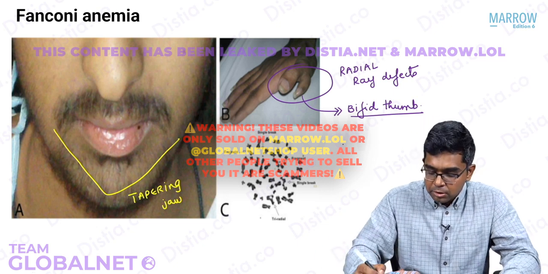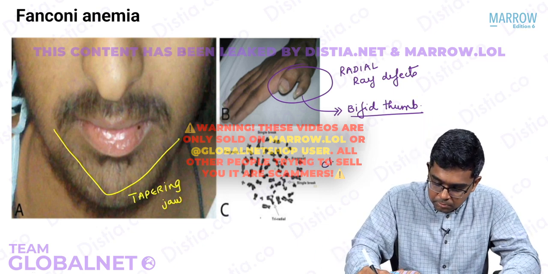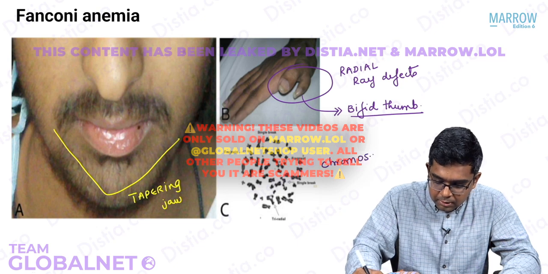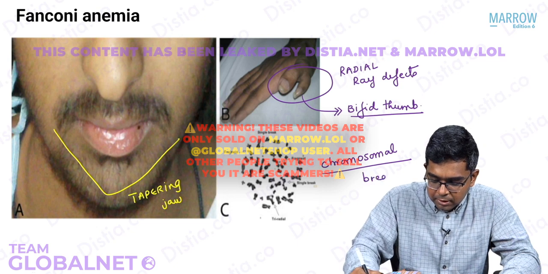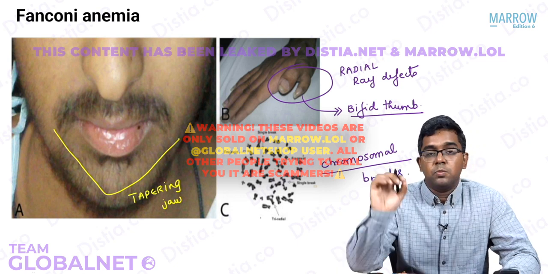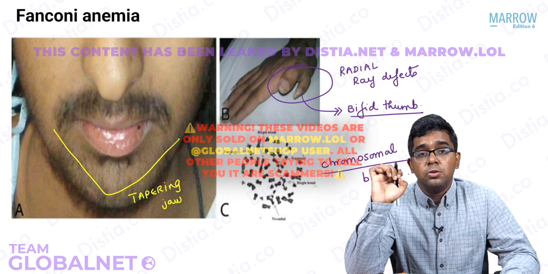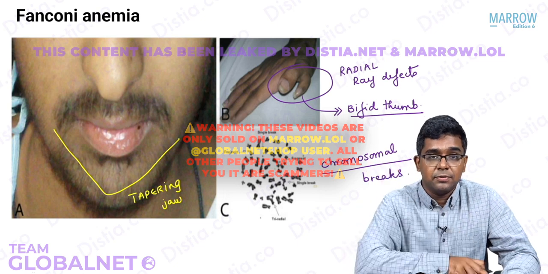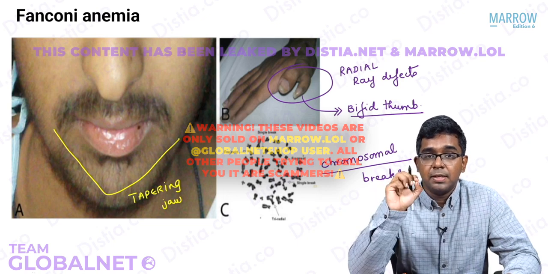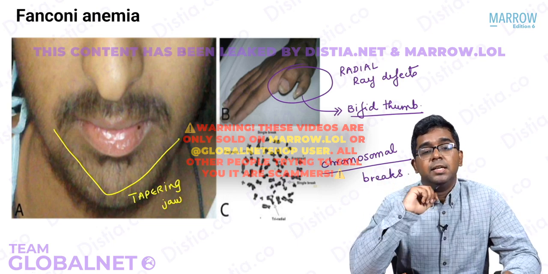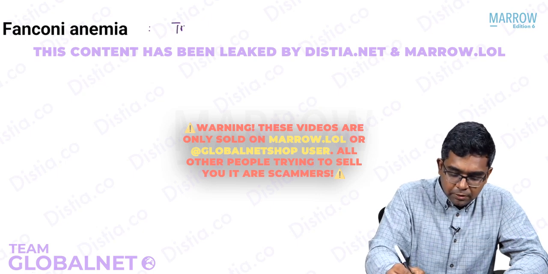The third picture shows the characteristic chromosomal breaks. You can see that this is the chromosomal analysis where you see lots of breaks or cuts in the chromosome. That is what I mentioned as chromosomal fragility, which is a characteristic feature of this particular condition. Again, revise. What is the reason for chromosomal fragility? It is defective DNA repair. Now, coming to the treatment of Fanconi's anemia,